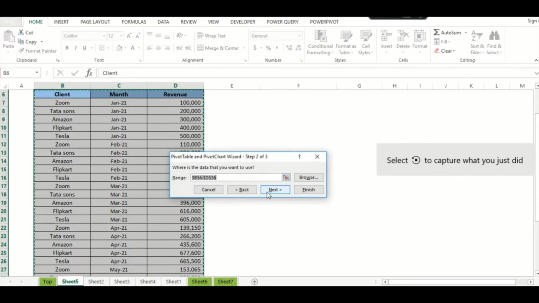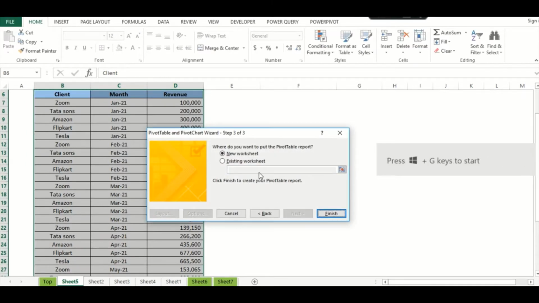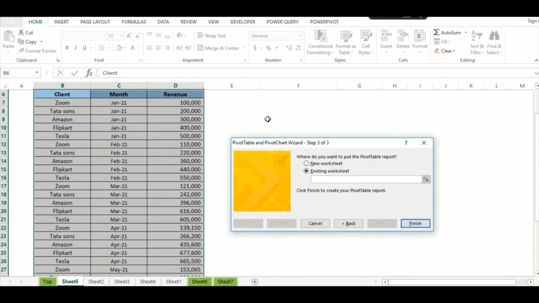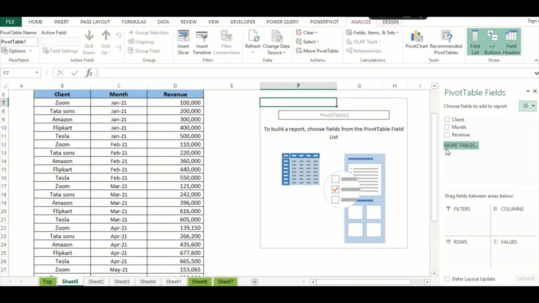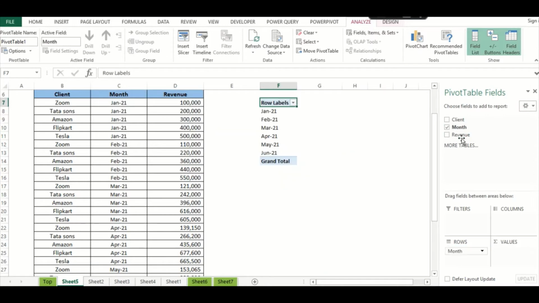Click on next here, existing worksheet, and you can select a cell where you want to put the pivot table. So now we have the field listing. Let's say you have months here, revenues here,